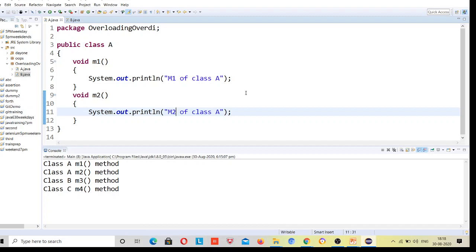Bookish example is poly plus morph, many forms, but this is not sufficient to learn Selenium, right? So the same object behaves differently, but the object will not behave differently on its own. I have to give those instructions to that object. If I do not give those instructions, how will everything work? We have to write it.